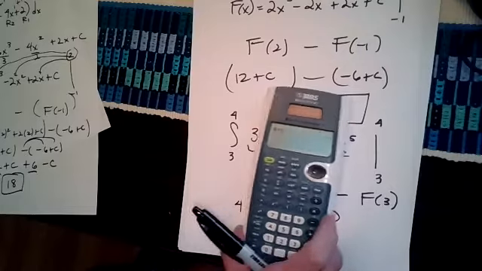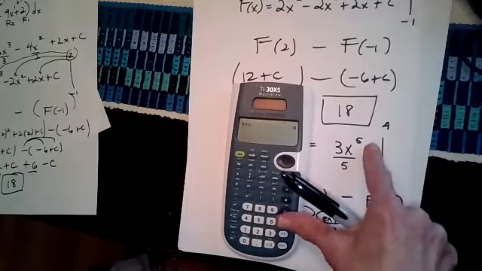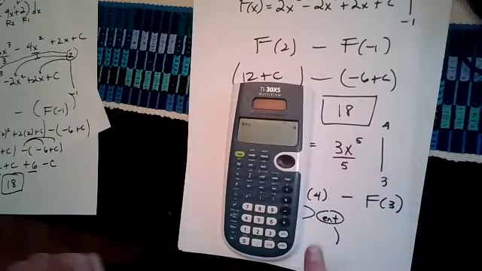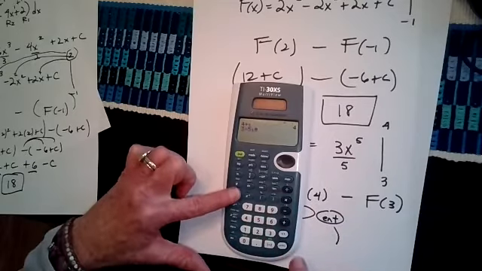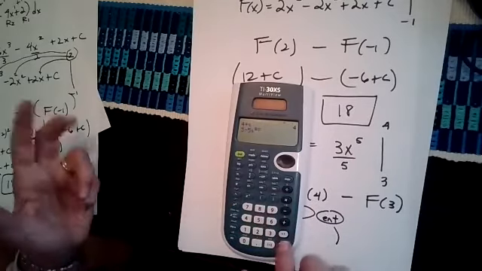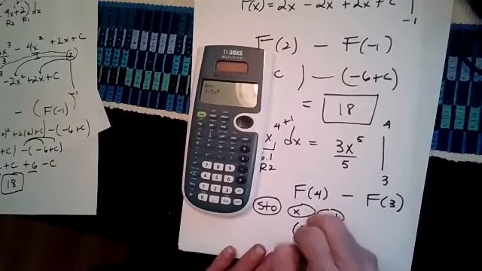And then I'm going to type in the antiderivative, 3 x to the 5th. You could do 3x to the 5th over 5. I just like to do 3 divided by 5 x. There's your caret button up here, to the 5th. And I push enter. And I got 614.4